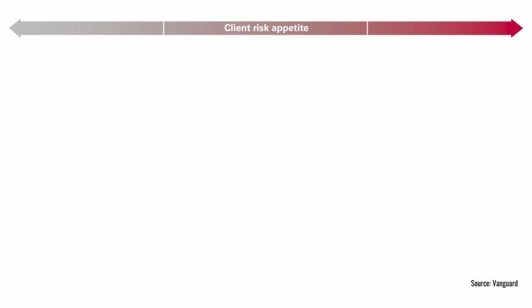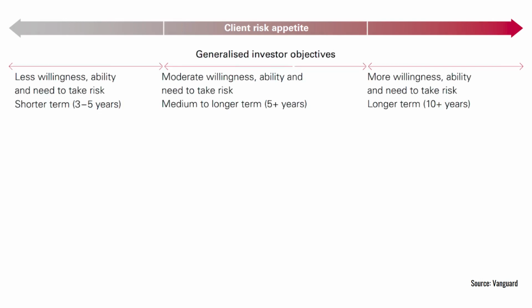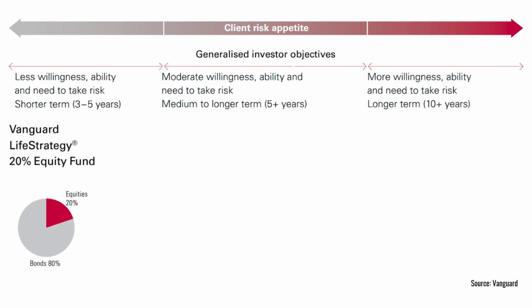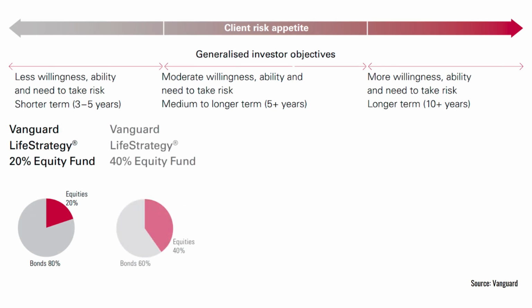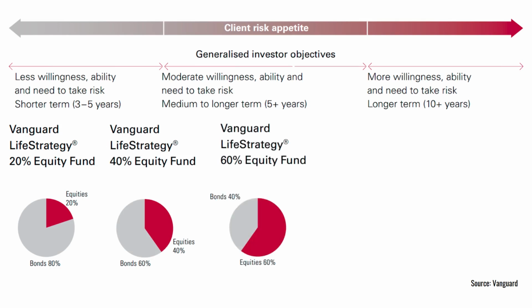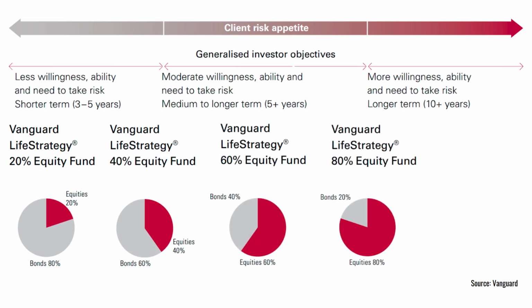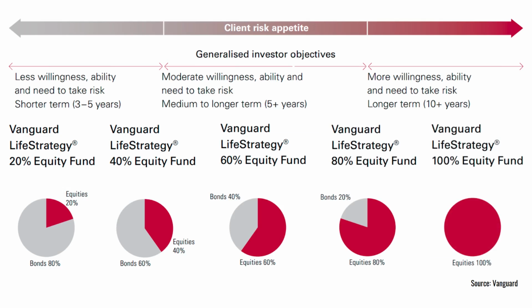And if you've watched my video on Vanguard life strategies, you can see that those funds are graded in exactly this way, with the investment horizon stretching from short term, 3 to 5 years, up to longer term, which is greater than 10 years, and with a 20% equity fund slotting into the low risk bucket. Then we gradually dial up the risk and the amount of equity until finally we have 100% equity, which has